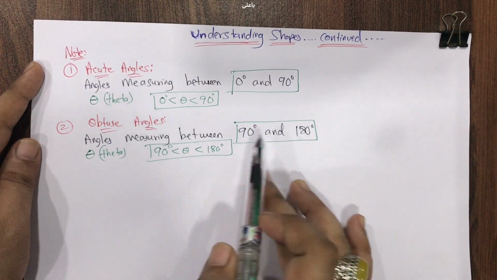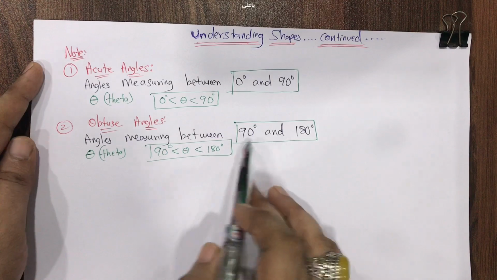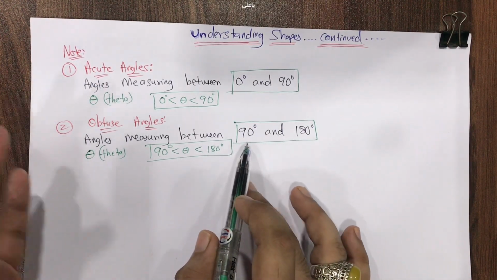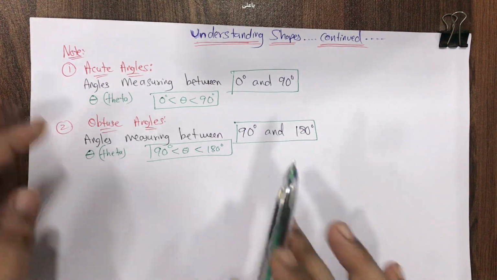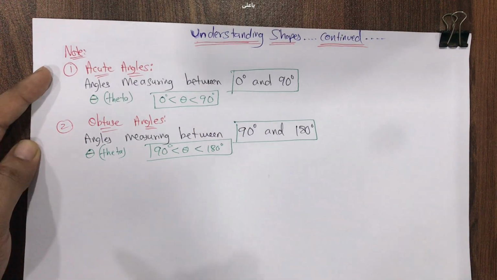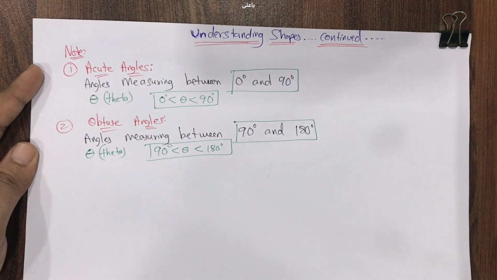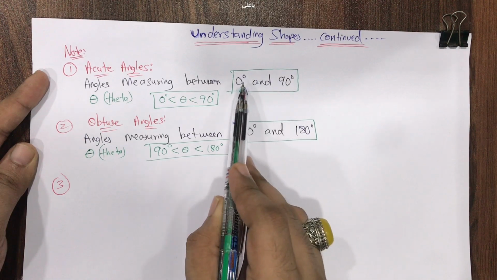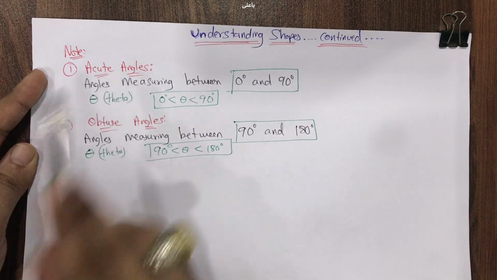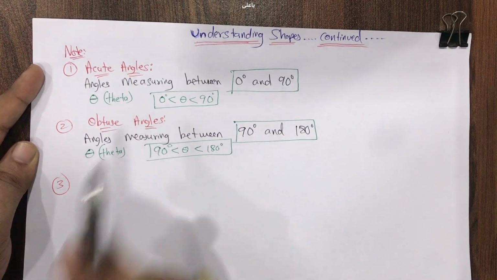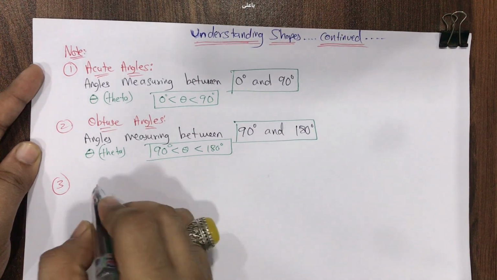If the measure of your angle is between 90 and 180 degree, excluding 90 and 180, slightly greater than 90 and less than 180, then that angle is called an obtuse angle. So with this, let's revise first before starting with the third note. If your angle is greater than 0 and less than 90, it's an acute angle. Greater than 90 but less than 180, it's an obtuse angle. So now the third one,